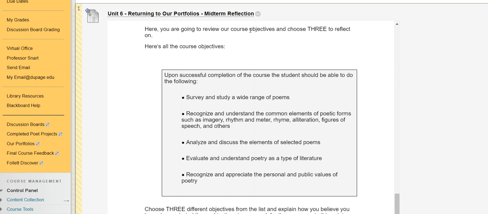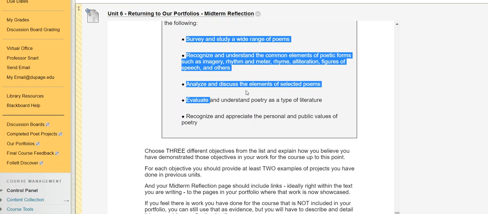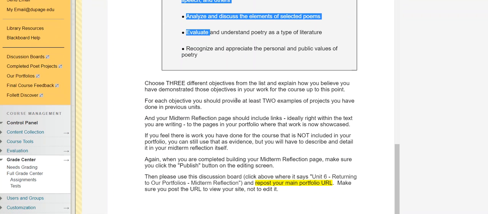But now it's time for you to really think about your thinking, or think about your learning, which I think is one of the most important and valuable activities we can undertake as students, as professionals, right? To really think intentionally about what we're doing. So you're going to choose 3 of the objectives listed here, and then you're going to find at least 2